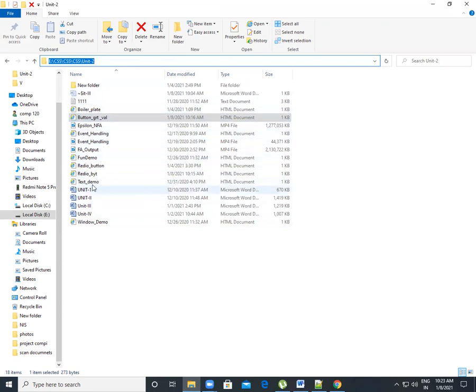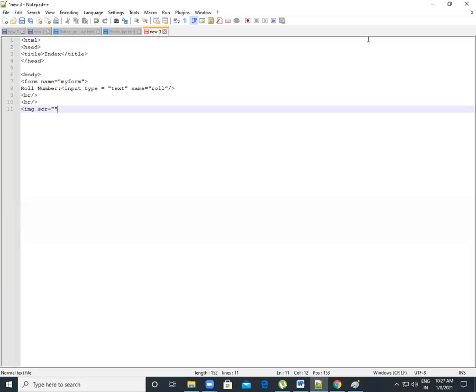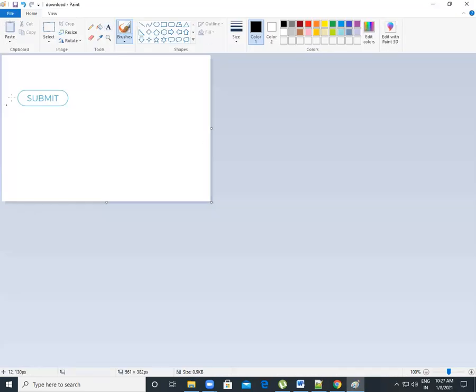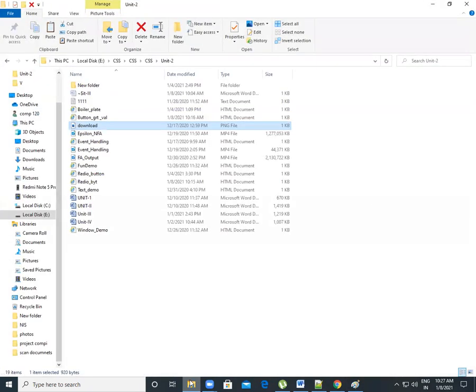One second. Download. There is one button which I got here. Okay, let's see where I stored my image and which type of image I use. This submit button image I use in my program. I stored this image in my folder. There is my image, named download, and I stored it in my folder.